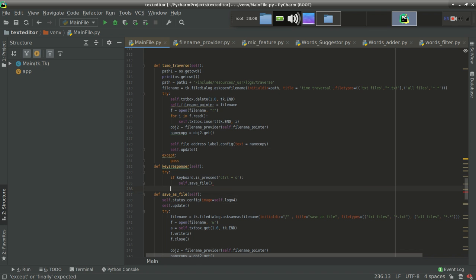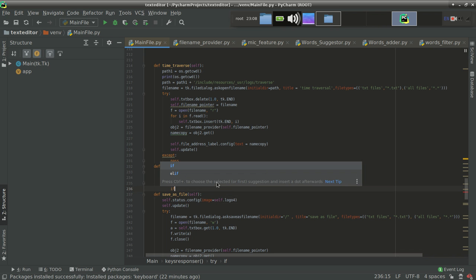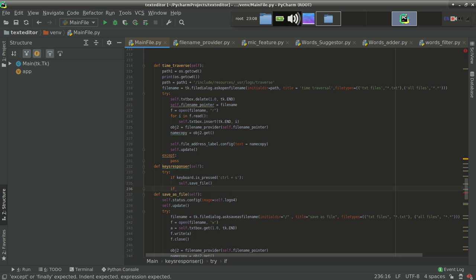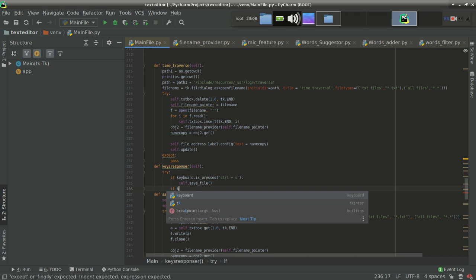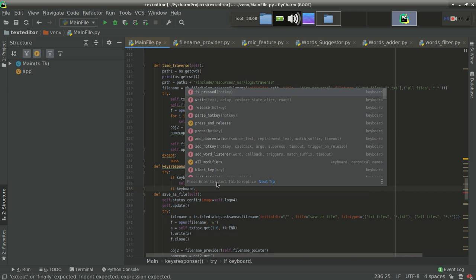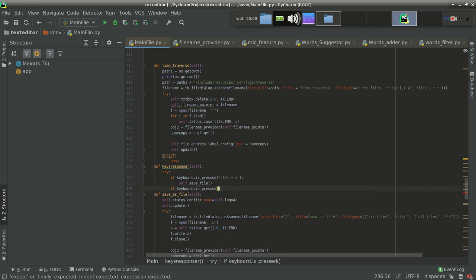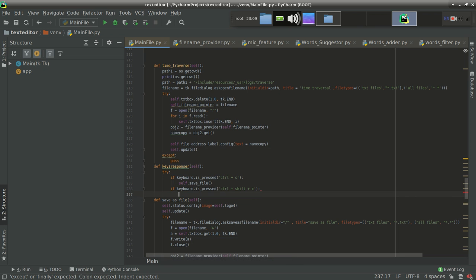Now suppose if user presses Control Shift C, so it will copy the whole file for me. Is pressed Control Shift and then C, Control then plus then Shift then C. So if user presses Control Shift C, then it will copy the file for me. Then self dot,